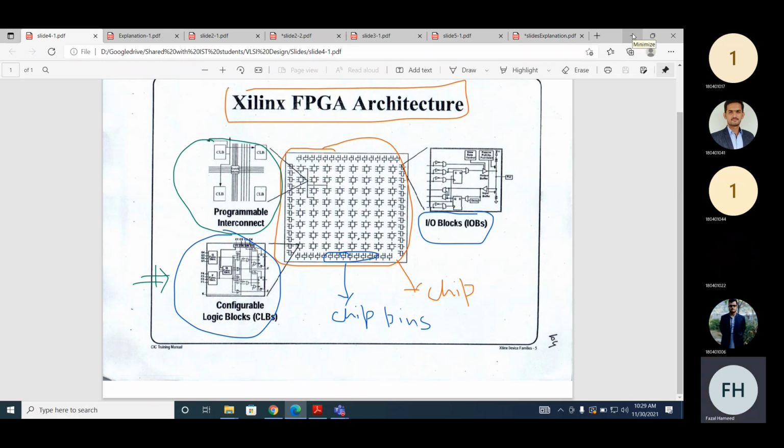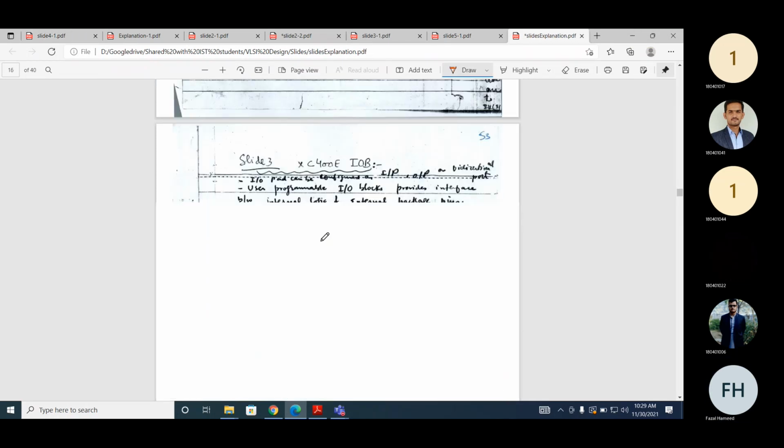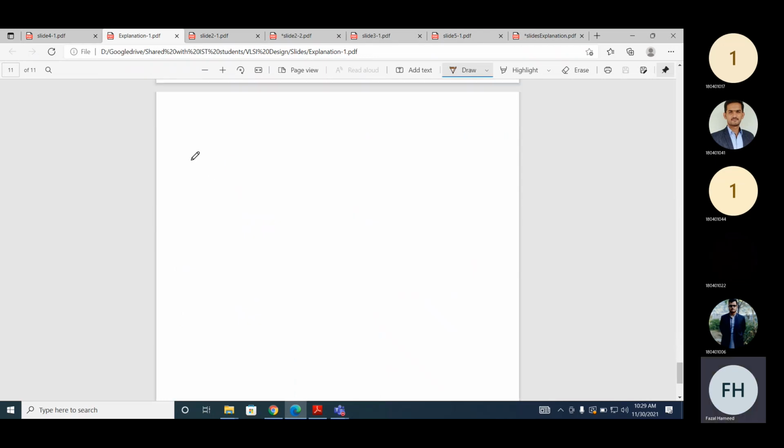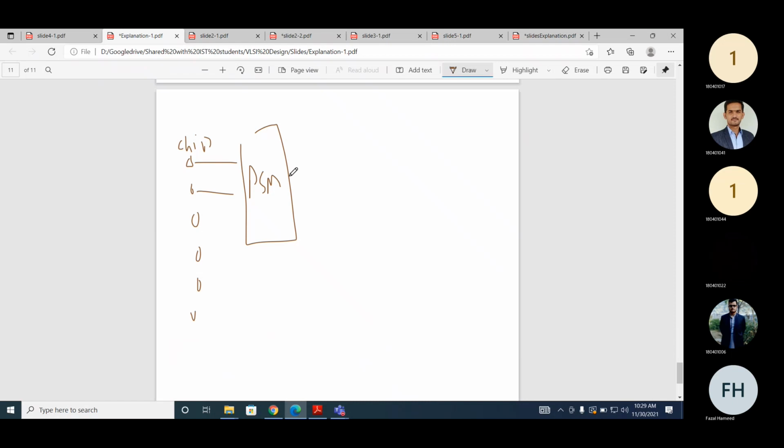So now we have some chip inputs. So these are chip pins. Am I right or not? Chip pins. These chip pins will go to the programmable switch matrix, PSM. From the PSM, the output will go to the CLB.